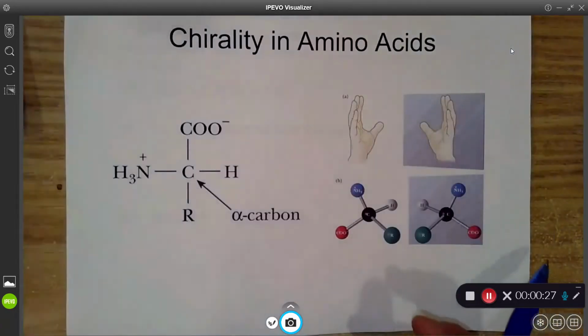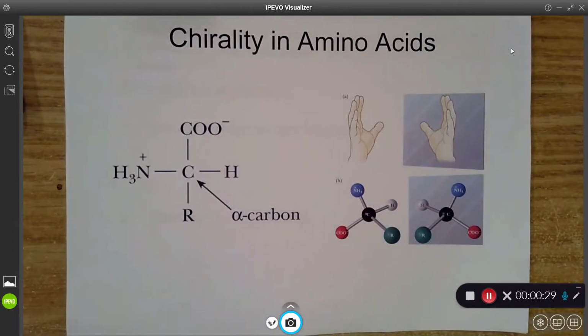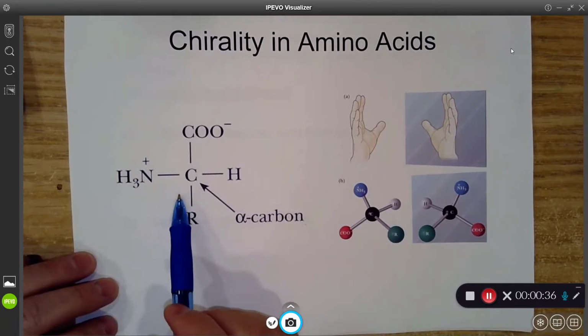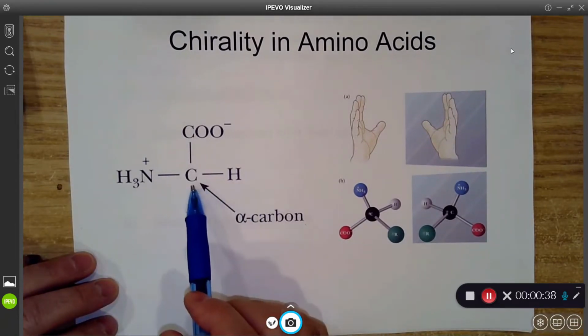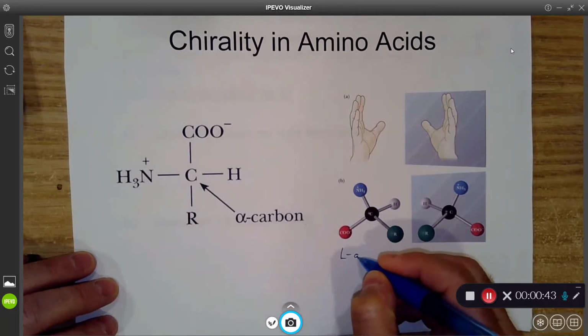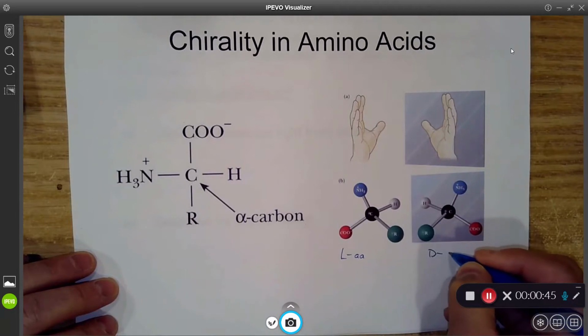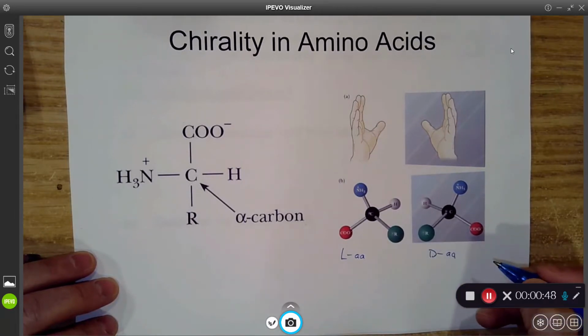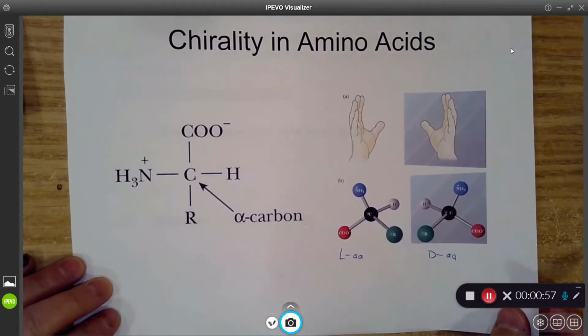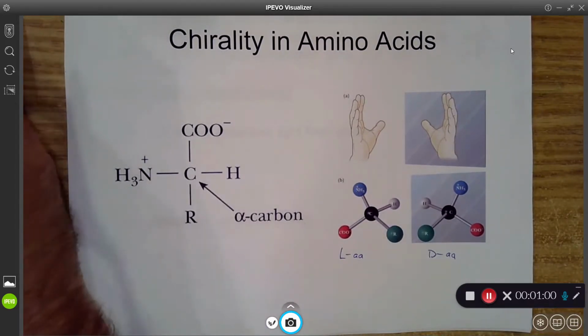So we're going to be talking about why we might be living in a chiral world. And just to recap, here's a slide showing alpha amino acids and how this is a chiral carbon. We live in a world with L amino acids predominantly. However, there are D amino acids, which would be the mirror image. And why is it that one is preferred over the other? Because presumably if you do the chemistry from the Urey-Miller experiment, you would actually expect to get a 50-50 mixture,